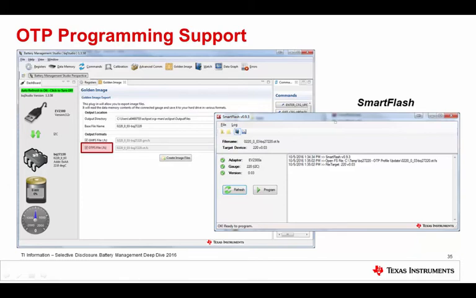One other thing that's important about breaking out the Smart Flash itself as a separate tool is this is something that we can make available to you in terms of source code. So if you'd like to integrate the OTP programming process into your own tool set for production, this is a C# tool from the ground up, communicating through an adapter, inputting the FS format and programming it to a gauge through one of those adapters. So there's C# source code that will be available to you if you want to do integration with that.